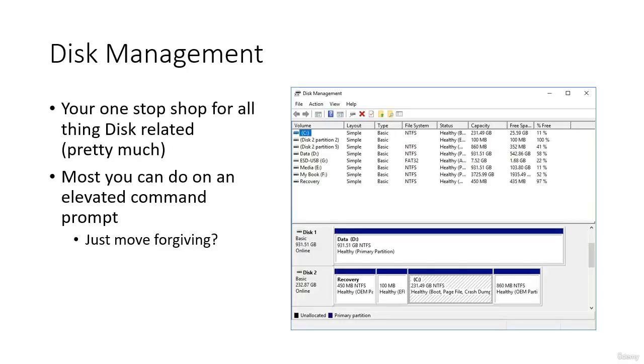So again, disk management, your one-stop shop for all things disk related, pretty much. I have pretty much in parentheses because, you know, I've said it before, I say it in just about every one of my classes. There's really no absolutes when it comes to IT, other than, you know, a safe computer is the only one that's turned off, unplugged, put in a Faraday cage with no battery and no hard drive. You may run into absolutes then,